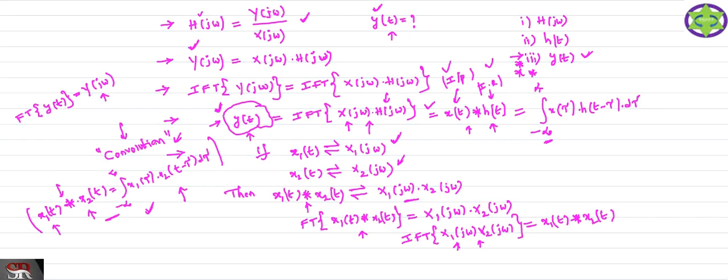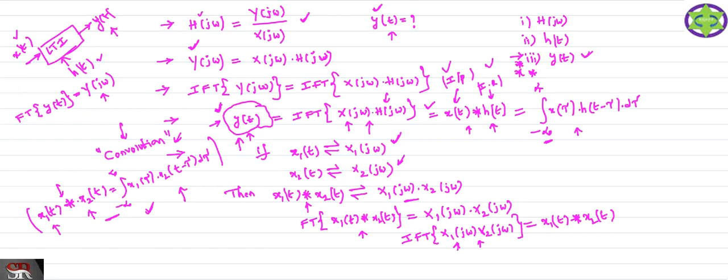So once again I will repeat: convolution is nothing but an integral operation to find the response of the system. Your response of the system is y of t. This is your LTI system. The LTI system input is x of t, and the LTI system is described by the impulse response h of t. So for the given input x of t and the impulse response, you need to find the output y of t. This is the problem.